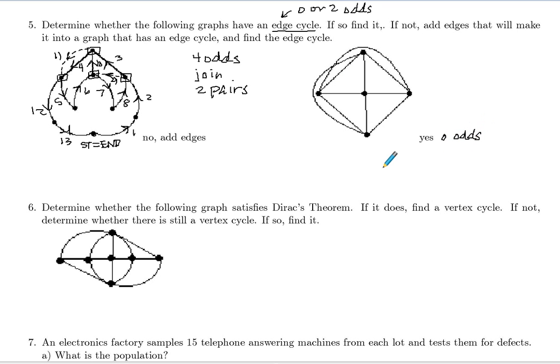So that one does have an edge cycle. We can start and end any place we want. Why don't we do it down here? So let's mark that as start equals end, because it's a cycle. And let's think about this. If we go around the outside edges here,